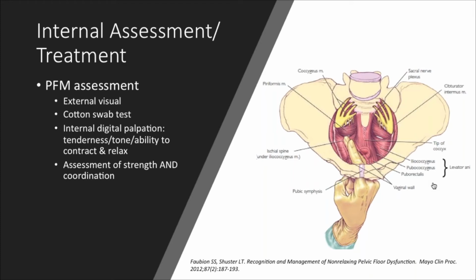The difficulty here is we do have a sense of what the function is and the ability to contract and relax, but we do not have a sense of what the translation of that muscle function is to the bladder. That's where ultrasound can be a really nice, efficient way. You may feel a great contraction manually, but if you take a look at it on ultrasound, your patient with stress incontinence, when they're running, may not have any sort of translation of that pelvic floor muscle contraction to the bladder at all.